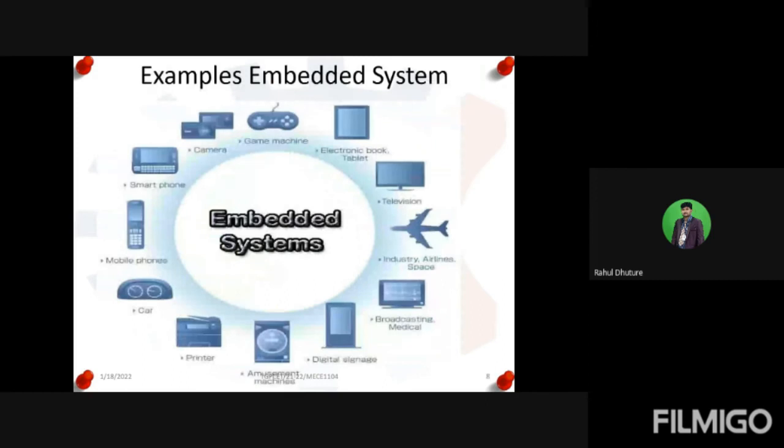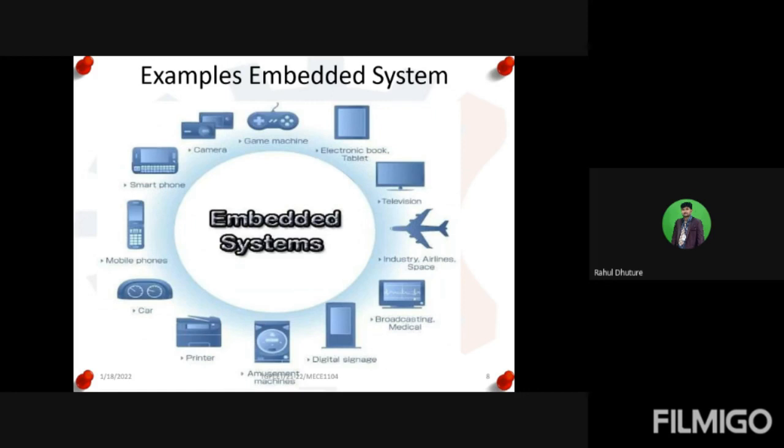These are the applications which are required for general purpose applications, and depending on the categories of embedded system, we can use different types of applications: washing machine, toys, chocolate vending machines. Okay, these are the applications depending on which type of embedded system is required for the specific application. Here the embedded system is everywhere, because without embedded system